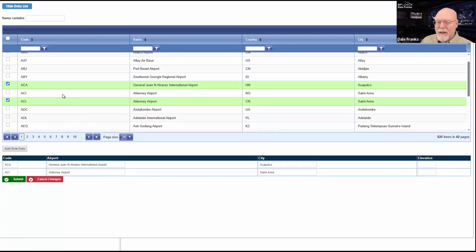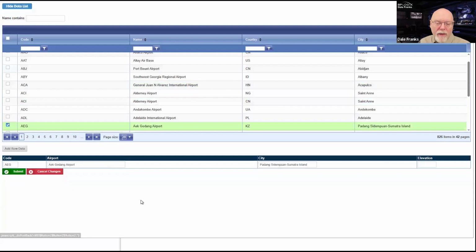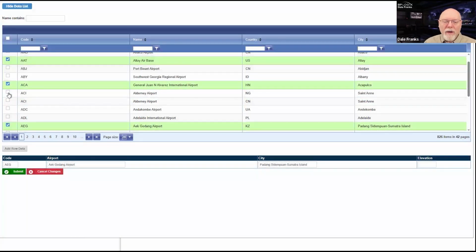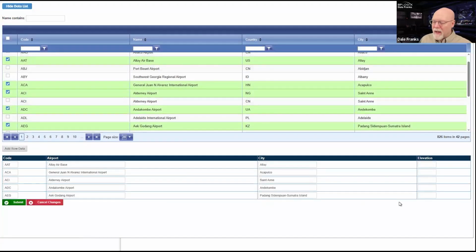But in terms of just the demo, this is what we want to do. If I want to use different airports, I picked the wrong ones, well, that's fine. I'll just go ahead, click that, and it will get rid of the 2 airports that I had picked and replace them with this one. Or if I just want to add newer airports, I can just pick them and click add row data, and it's going to add them, in this case, to an array. It may or may not be an array that you want to add the rows to.